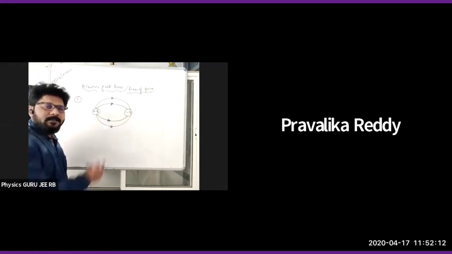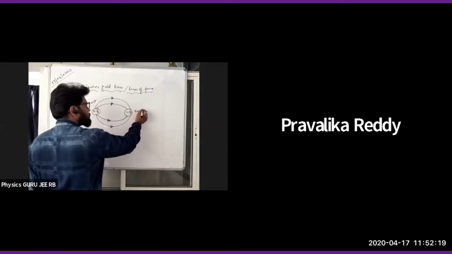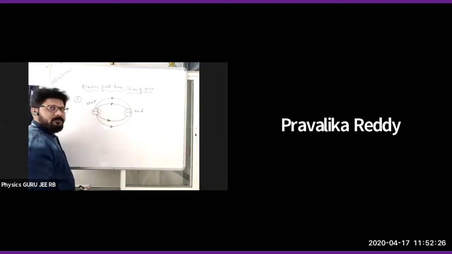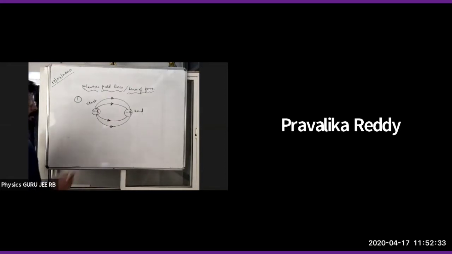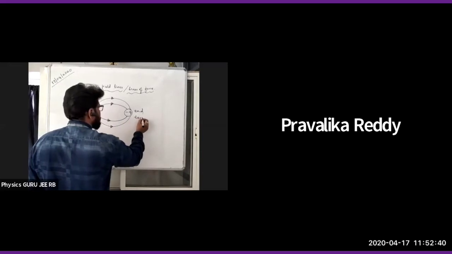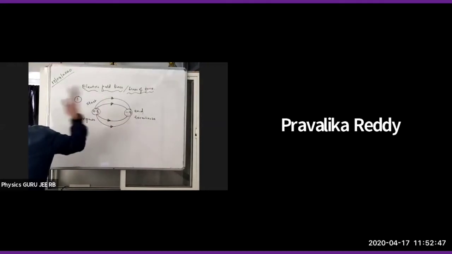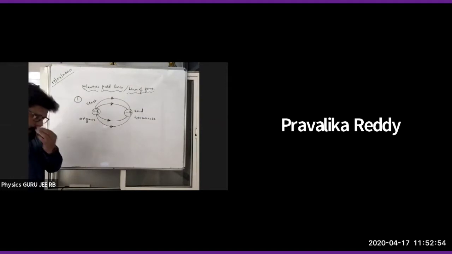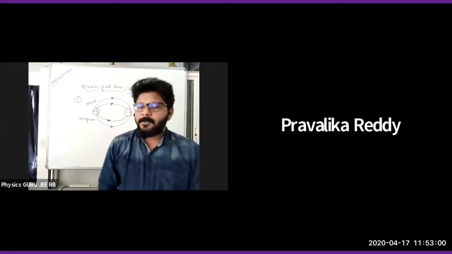Is it clear, this one? Starting at positive charge, ending at negative. Starts and end. Right? Right? Starting point at positive and ending. This is the first property. Clear? Starting point, ending point. Originates and terminates. Originate at a positive charge and terminate at a negative charge. Originate at positive charge. This is the first property. Is it clear, all of you? First property is clear? Yes, no, all of you.